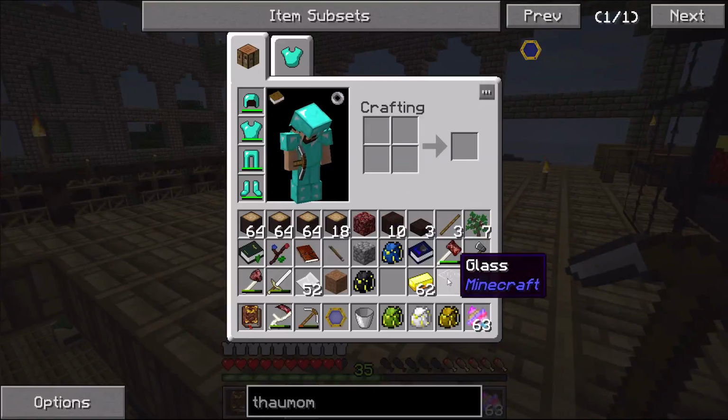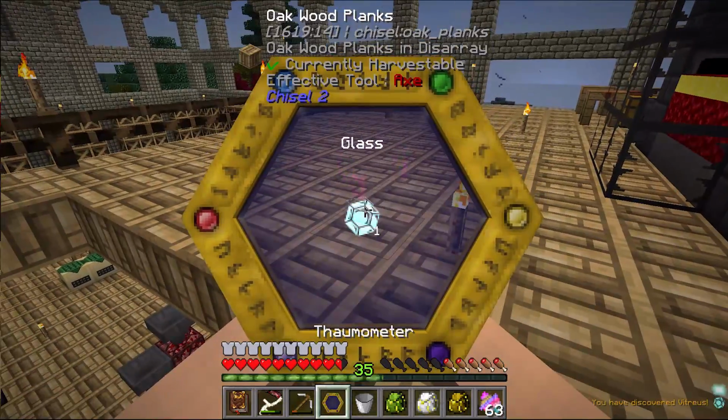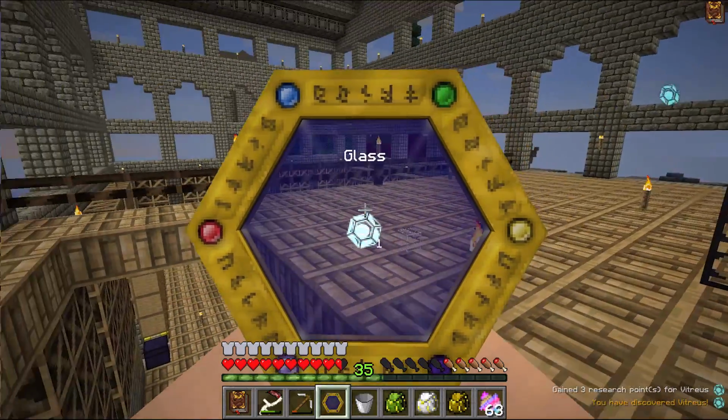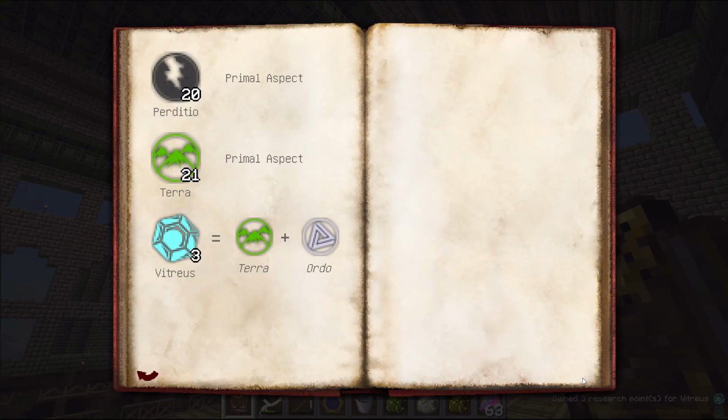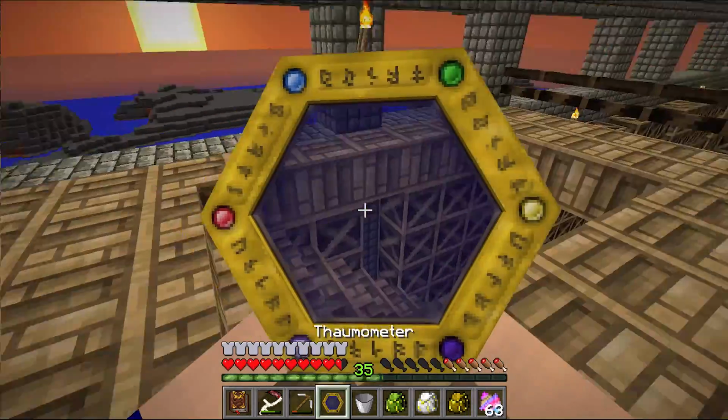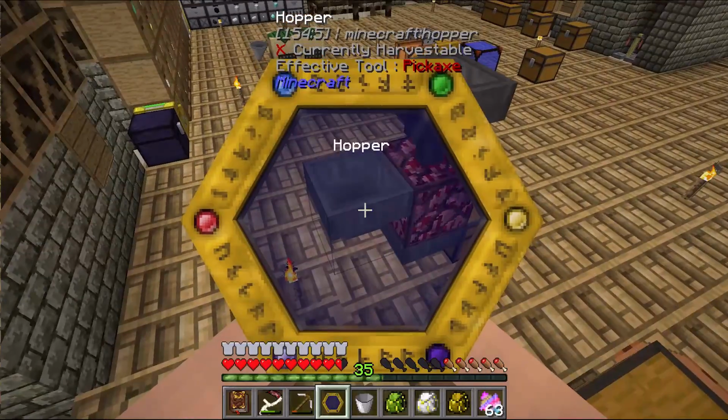I do have some glass on me. I doubt I can scan this yet. Oh, I can. So we discovered vitreous, and vitreous is a compound aspect. If I look at that, it is Terra plus Ordo gives you vitreous. And right now we only have the 3 because of scanning the glass. So now that we scan the glass,